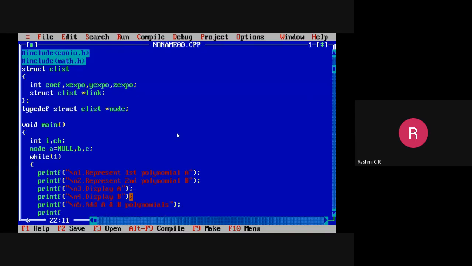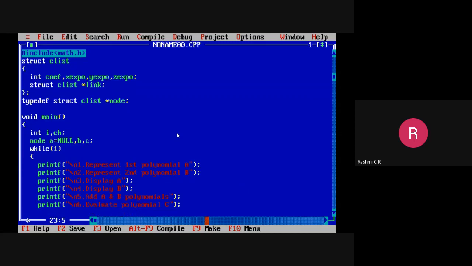Then sixth operation is to evaluate. Okay, so either you can evaluate polynomial A, polynomial B, or you can also specify the resultant polynomial. It is not mandatory that I have to specify C only here. C is the resultant polynomial. If you want, you can also evaluate A and B. It is not specified in the question. Any one of the polynomial you have to evaluate. Okay, so finally that is the exit case.